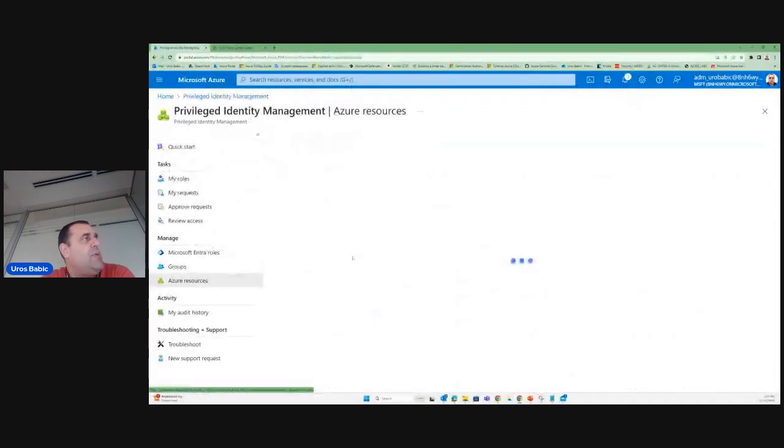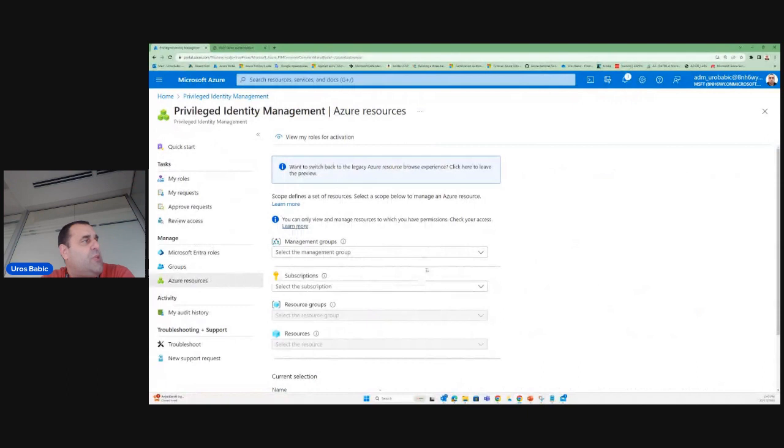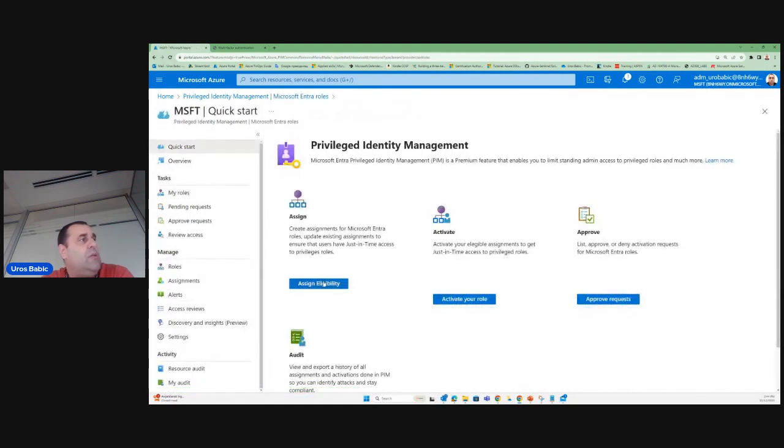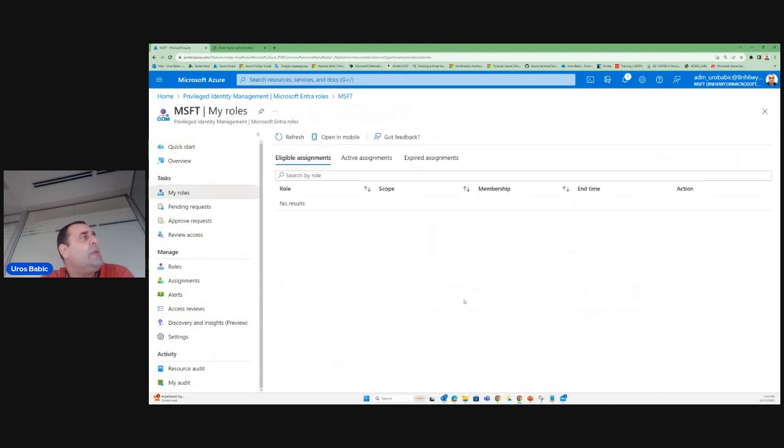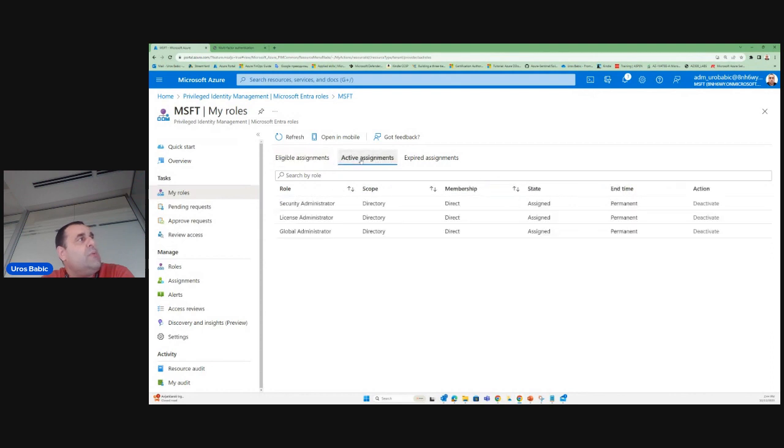Based on my resources, I can see my management group, subscription, resource group, resources. I can see this option, and I can activate my role with eligible assignment,